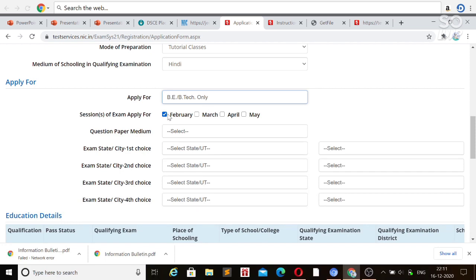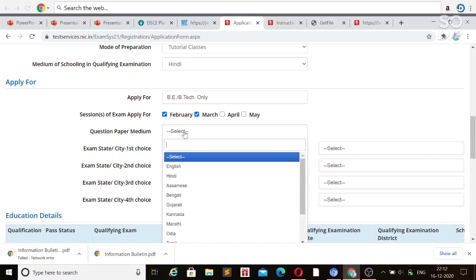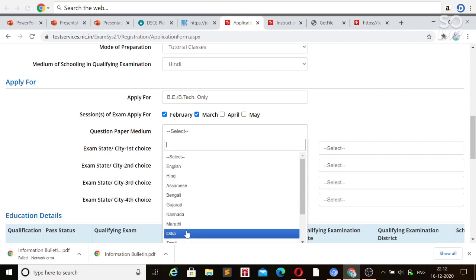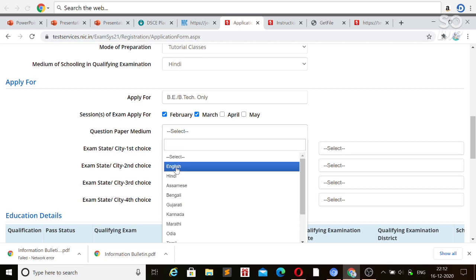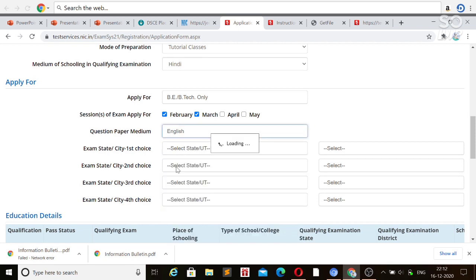So here if you are applying for only February, then tick on February, and if you want to apply for all four or any one, any 2 3 4, you can apply by ticking all the options as many as you can. So after that you will be asked the question paper medium, in which medium you want the question paper, in your regional language or in English or in Hindi. So you have to choose that,